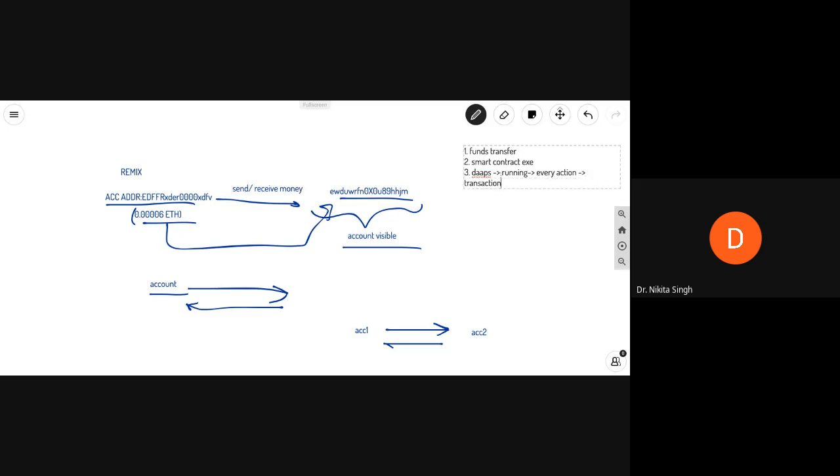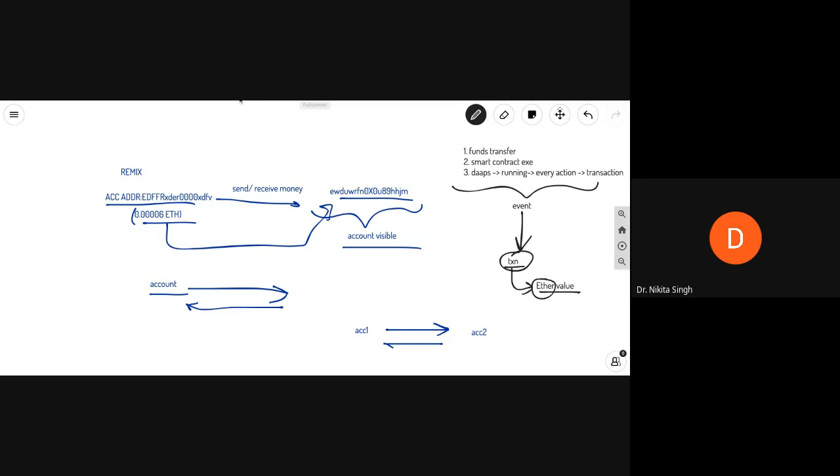So any event that happens on your Ethereum blockchain, any state change, will be a transaction. The reason we do so is that every transaction is associated with some ether value, and that is how the network runs. Whatever you do on the network will be in the form of a transaction, and if any transaction is being executed, you will need some ether to run it. Nothing on your Ethereum blockchain is free.